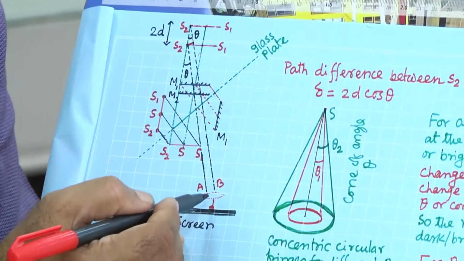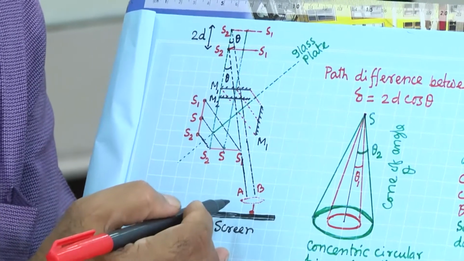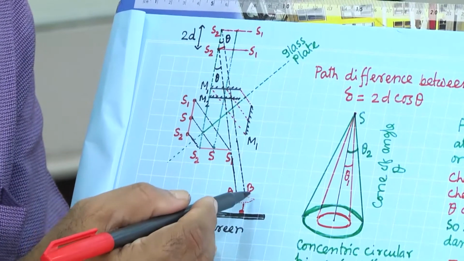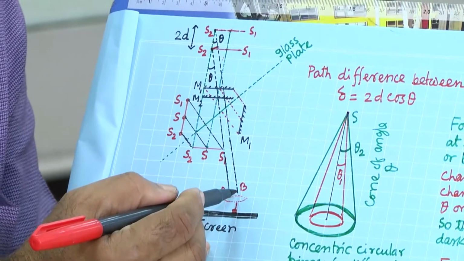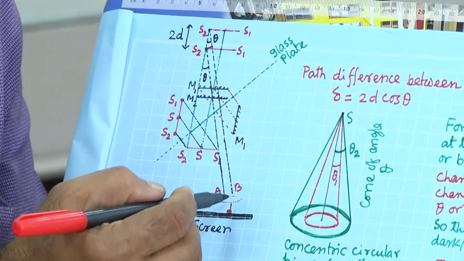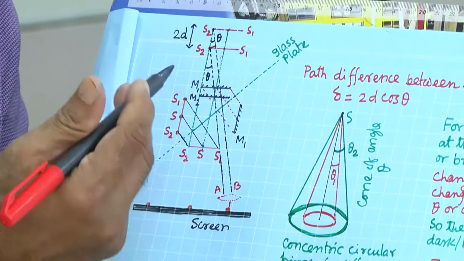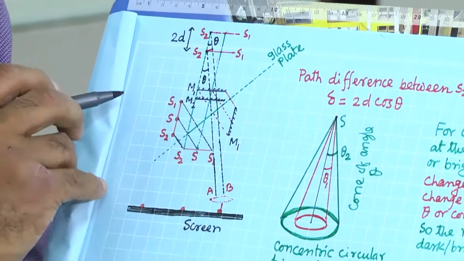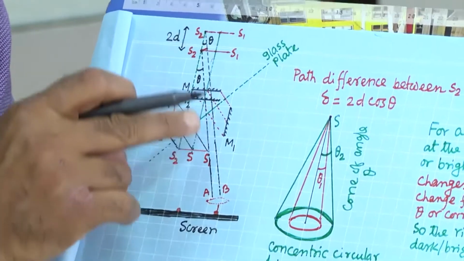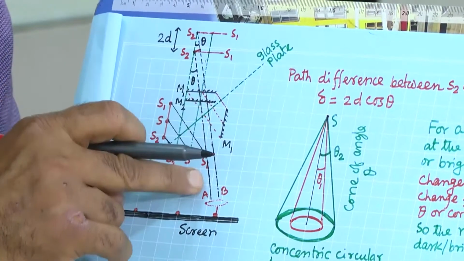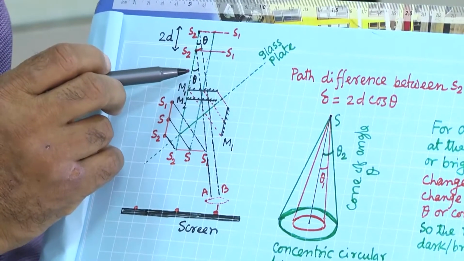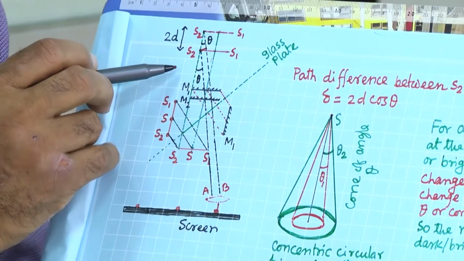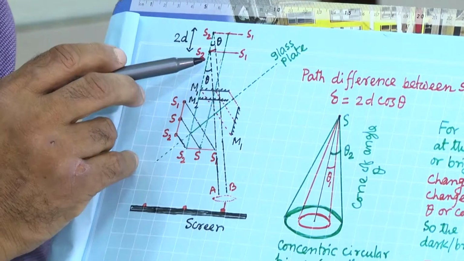Actually, one should use the laser, and one should use the lens, and that lens will converge these parallel rays to a point, okay. So, there we will basically get the fringe for these rays, and these rays are coming at angle theta, okay. Now, for a particular theta,